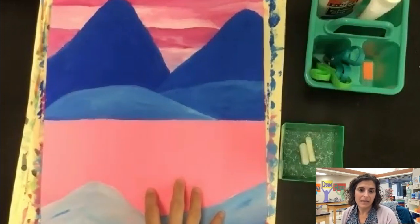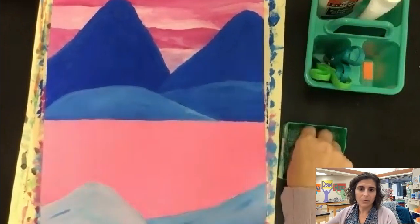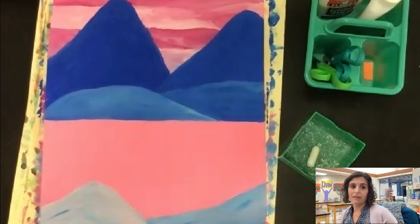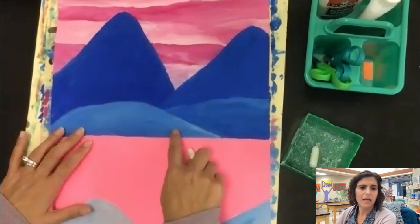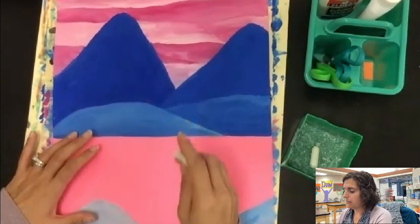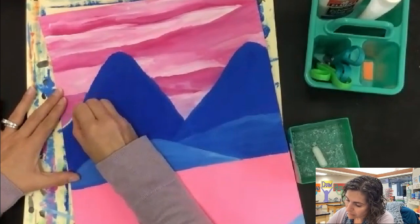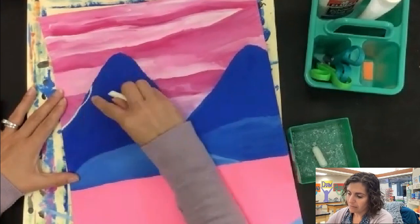To start with our Ted Harrison landscapes, we're going to add some detailing on our mountains, and we're going to be using white oil pastel to do this. So you should have a couple of little oil pastels in your box. What we're going to do is create an outline in between and around each of our mountains and hills to create some more contrast between them so we can really see the different colors that we used for them. Now, when you do this, you want to make sure that you are staying right on the line in between the two colors because you don't want to actually have some of that blue showing on this side